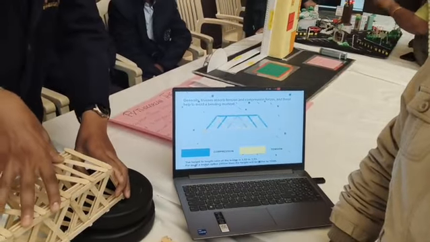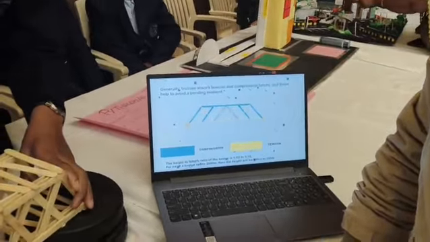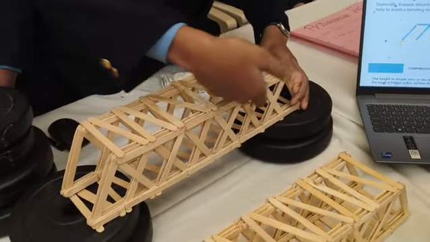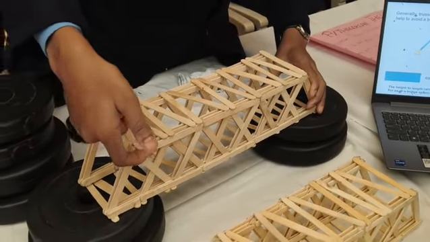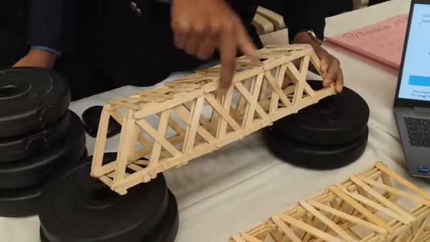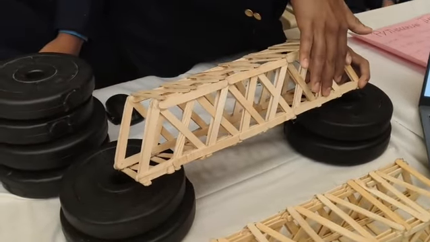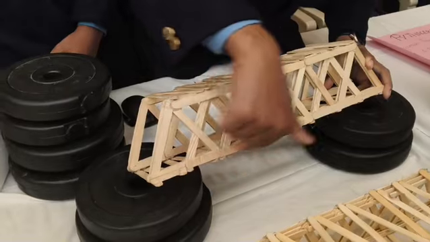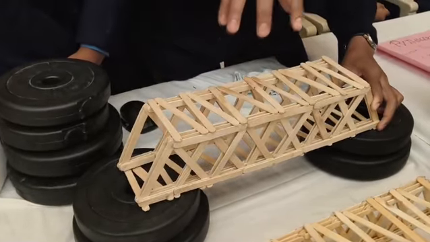Basically, how the forces act on this one particular bridge. So when we place a load upon this, it compresses the horizontal part at the top. And from here, from the joints, the compression forces go downwards. And the tension force acts upon the bottom of the bridge. Basically, we put the weight here.